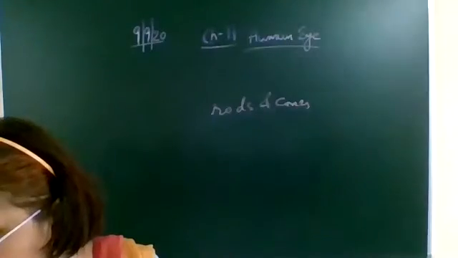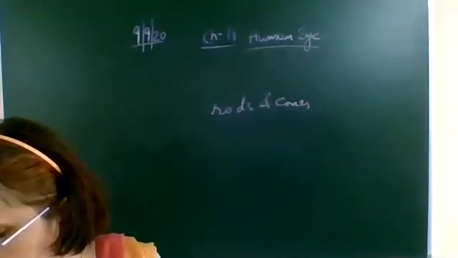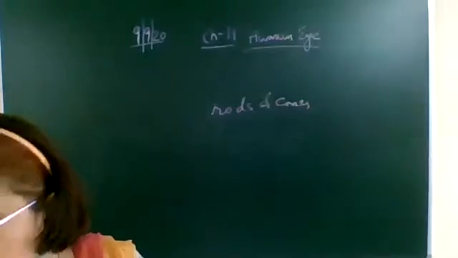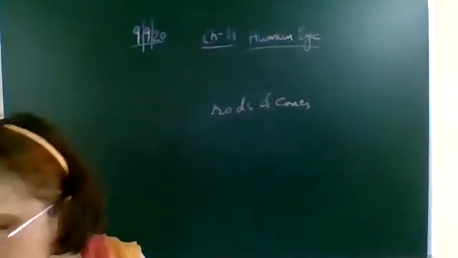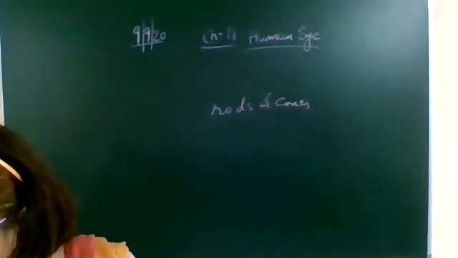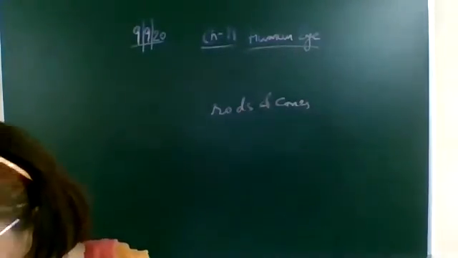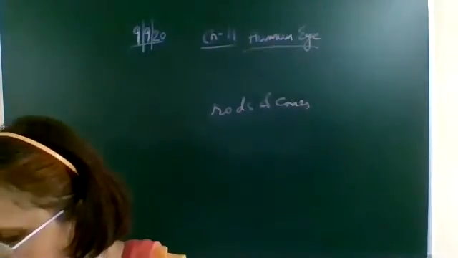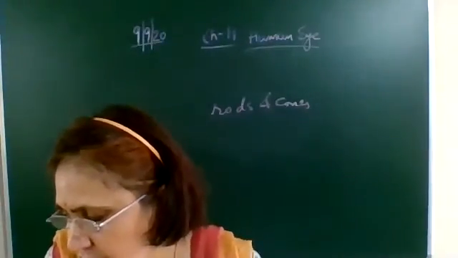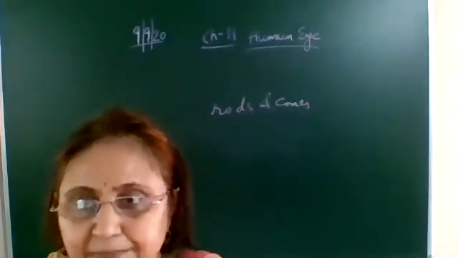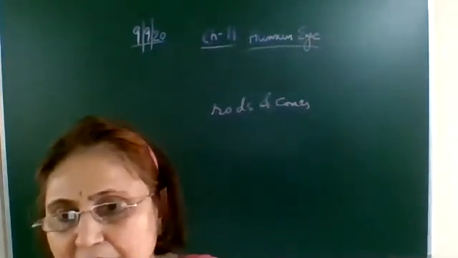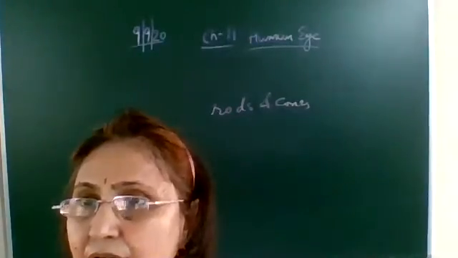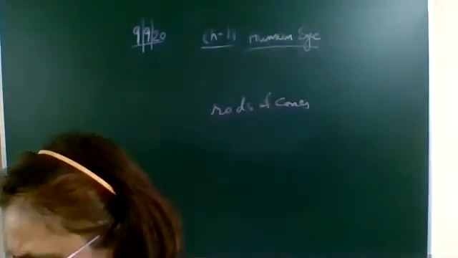Next we come to the formation of the image, how this image is formed. Whenever you are looking at any object, what is happening? Let's first read what's given in the book, Power of Accommodation. The eye lens is composed of fibrous jelly-like material. We have already studied that. Eye lens is not made up of glass. It is made up of fibrous jelly-like material.